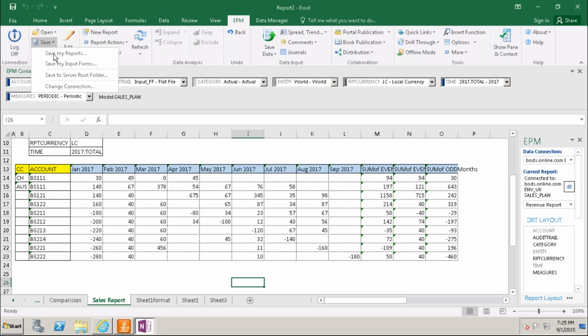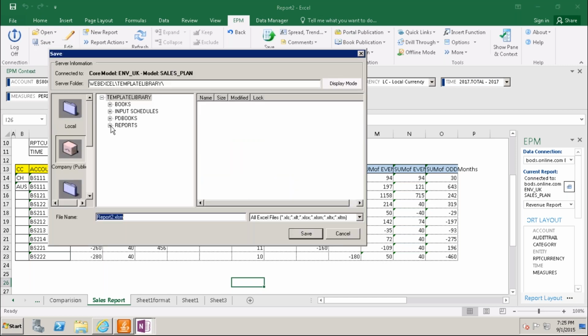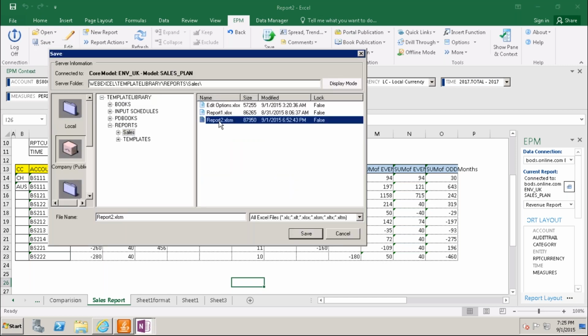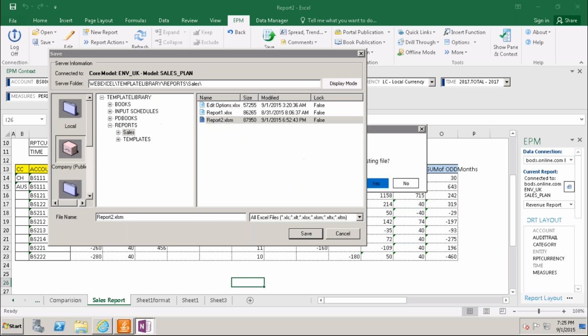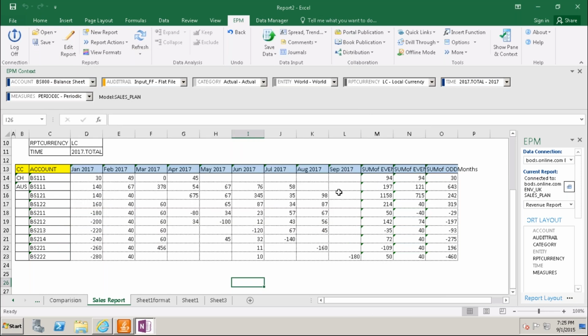Then you save your report to your server, so that your report will be proper. Whenever any user goes and refreshes, it still remains. Column widths do not change.